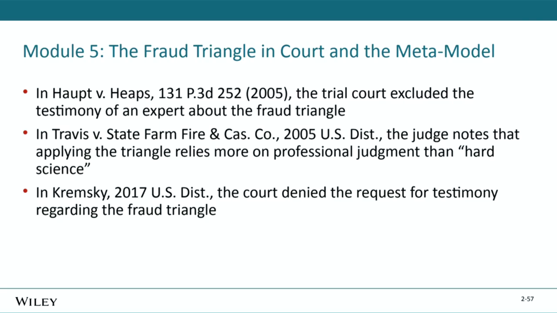No, that's not it. Well, according to the authors, it's a U.S. District Court case, but in that, the judge noted that applying the fraud triangle relies more on professional judgment than on hard science. Said it's a nice theory, but really